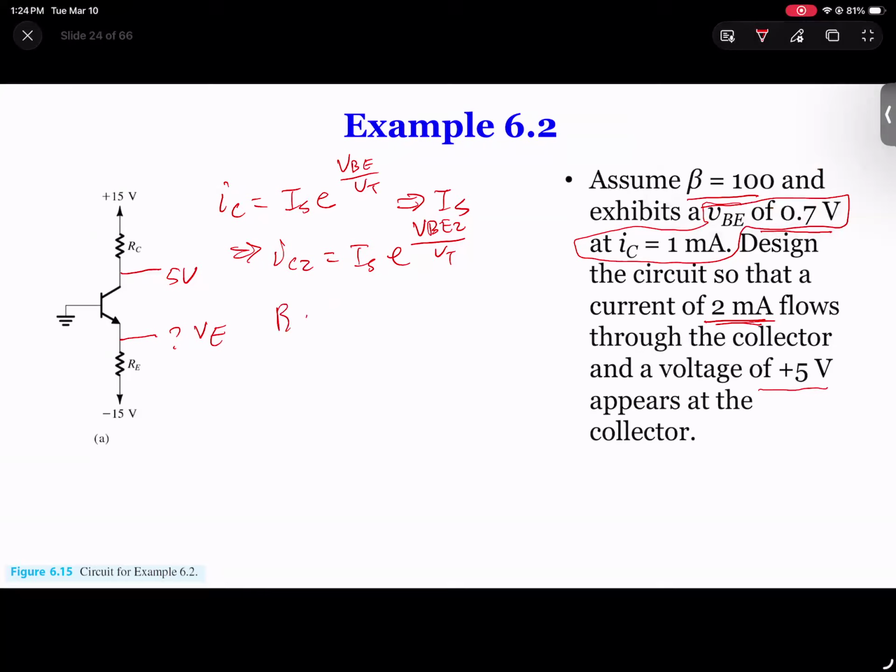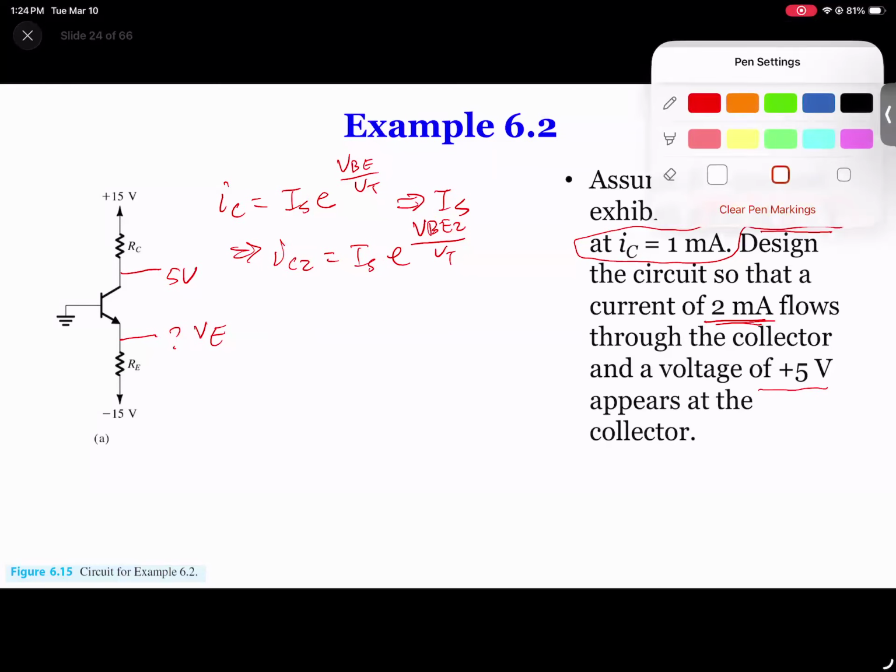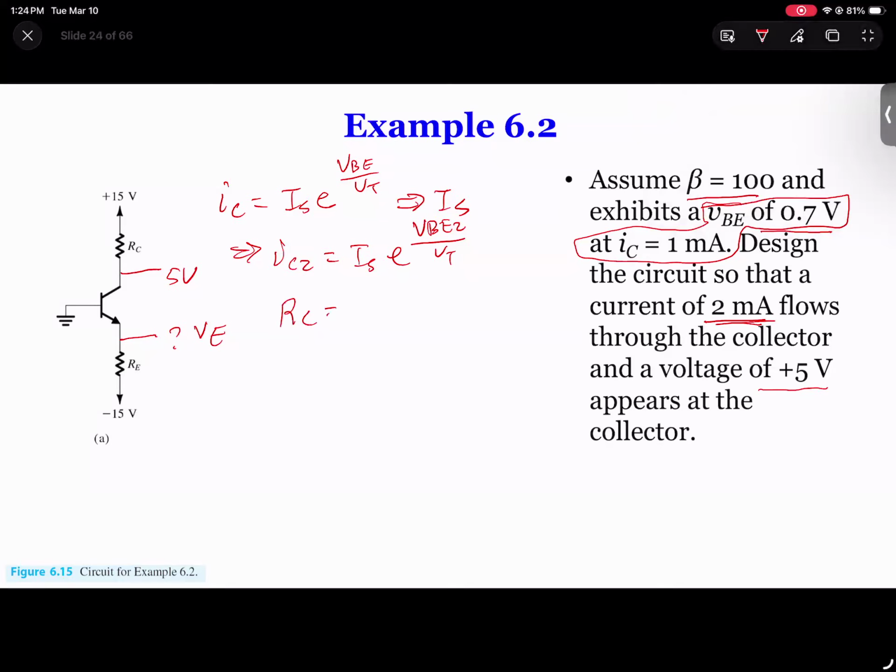So RC will be 15. How did I write that? RC equals 15 volts minus 5, divided by the current IC, so you get 5 kilo ohms. That's something you can calculate right away without even knowing the transistor, because the voltage is given and the current is given. But the next step is going to see